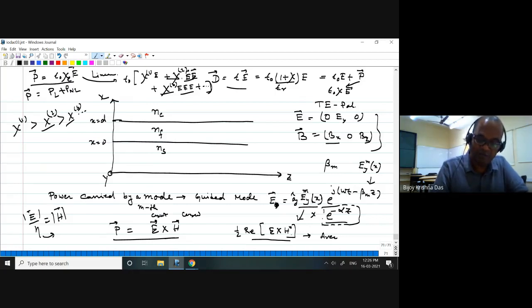So that actually gives you half. And if you are using complex quantities, you multiply and then take the real part, half of that, which is equivalent to your real thing. That is the reason you use average power flow in an electromagnetic system, an electromagnetic wave. Average power flow means power flow per unit area, watt per centimeter square, for example. Joule per second is watt, right?